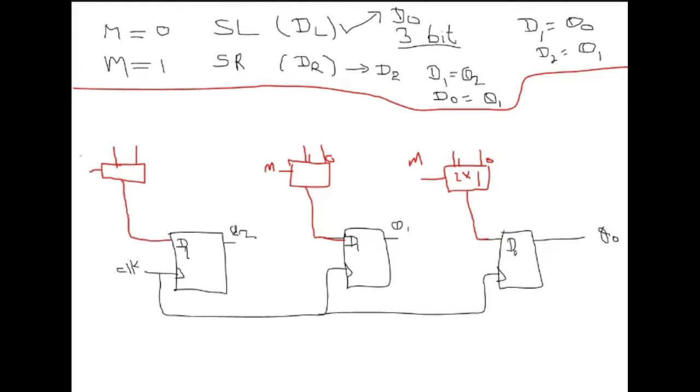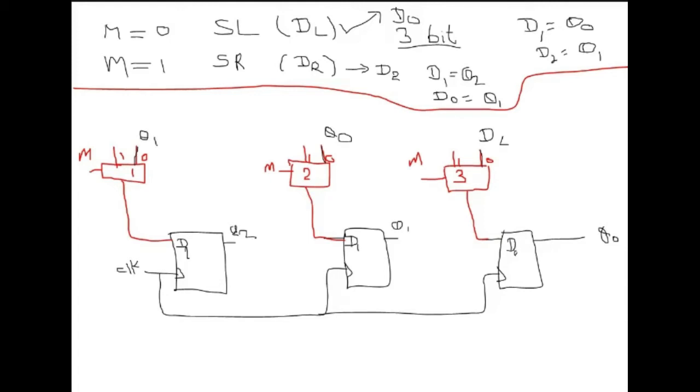This is again the M. And this is my mux 1, this is my mux 2 and this is my mux 3. So let's see what could be the inputs. If I am talking about mux 3, when M is equal to 0, I0 will be active, or this black one will be active, and when M is equal to 1, I1 will be active. So when M is equal to 0, we need to connect data to D0. So this input will be my DL, this one will be my Q0, because now we need to perform shift left operation, and this will be my Q1.